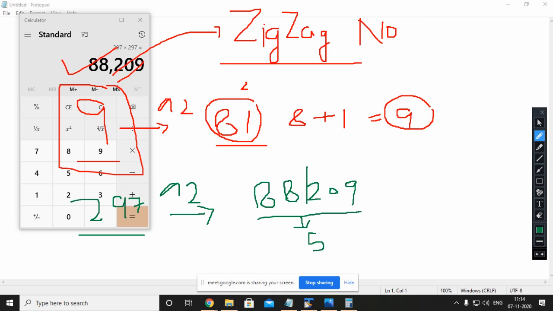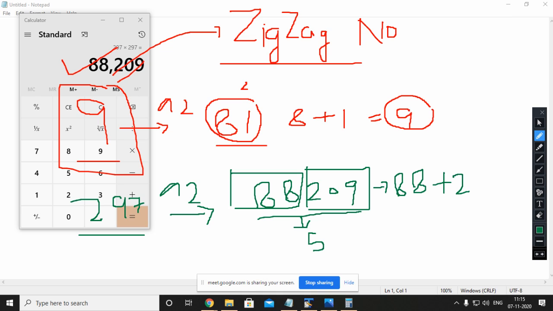You will extract the last 3 digits and first 2 digits. So now the number becomes, see here, 88 plus 209. What is the sum now? 297.